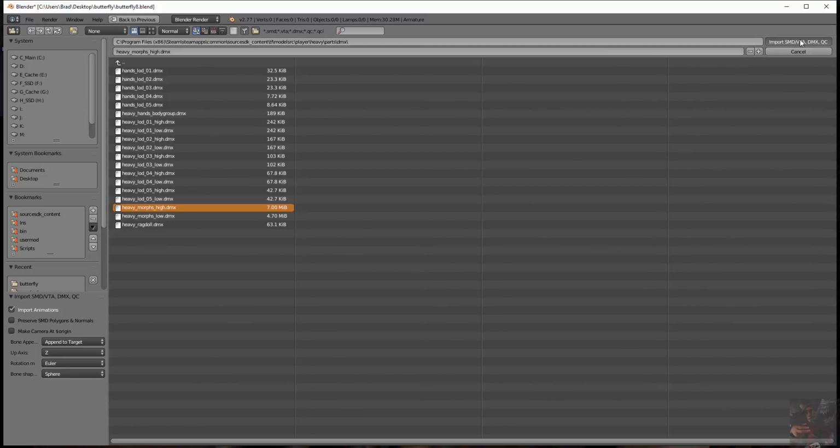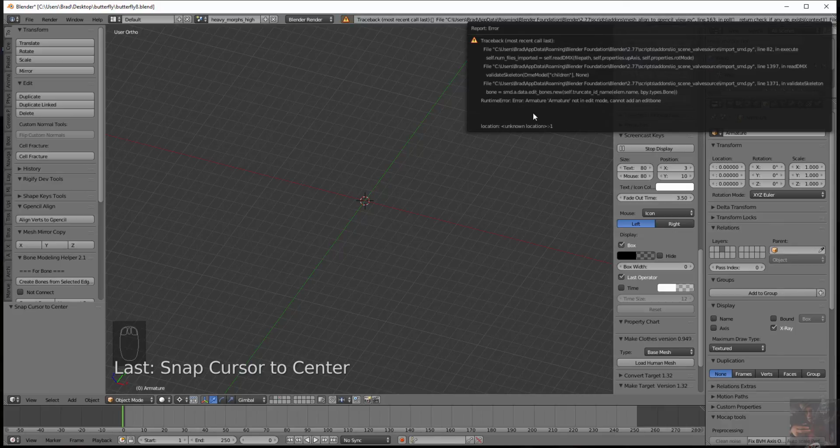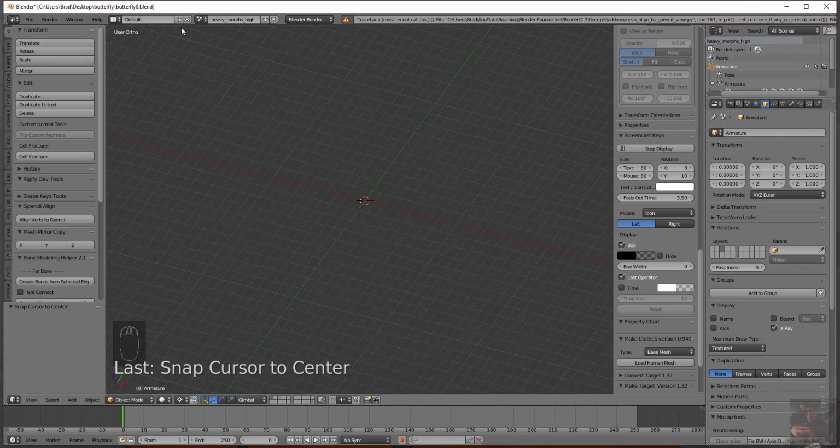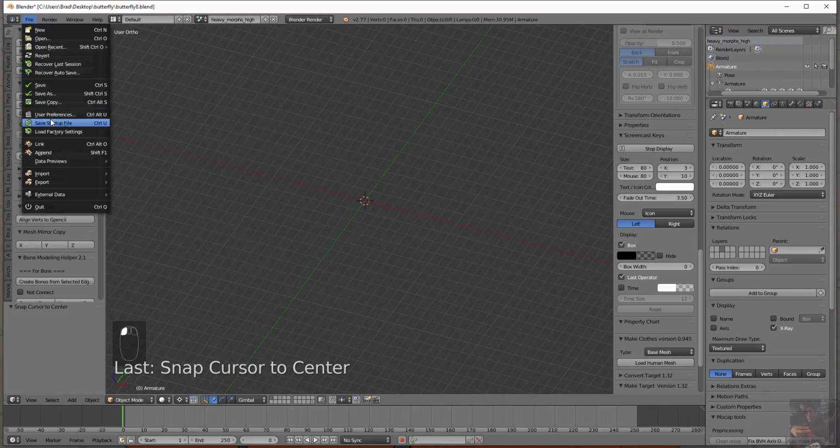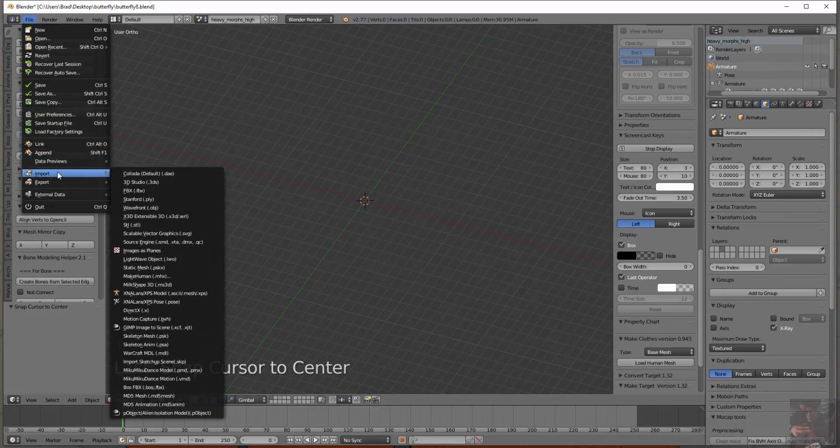Click on import, whirls around, and nothing happened. I get errors all over the place. What happened? Well, what happened was when I did the import, I didn't look at the preferences for importing the